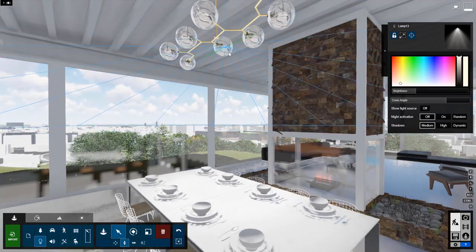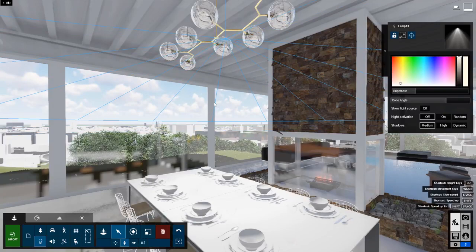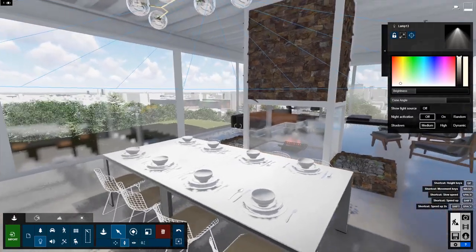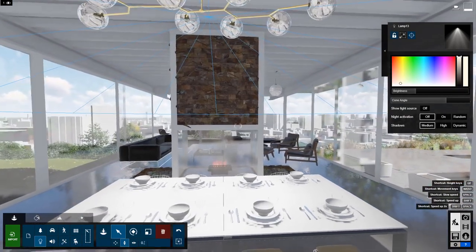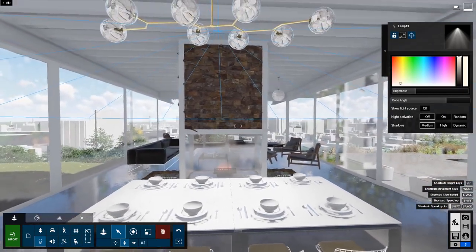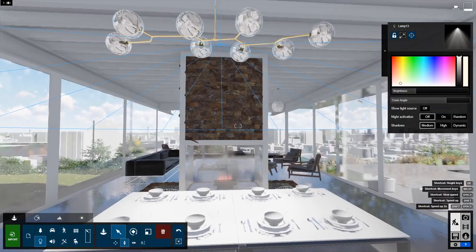So let's take a look now at how we can add a few different lights in here by moving and copying and do that in a strategic way. So first off, I do want to navigate to a view that is strategic for what I'm working on. All right, and then I'm going to go to my move tool. So I hit M, and you see how that bounced over to move free.